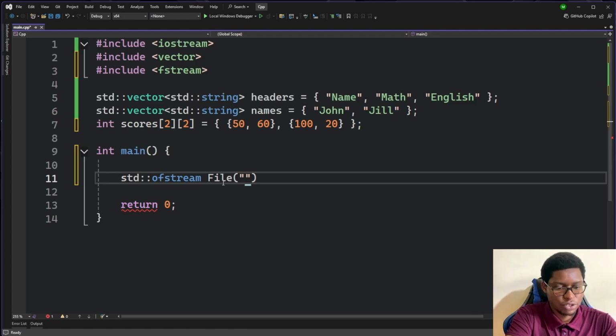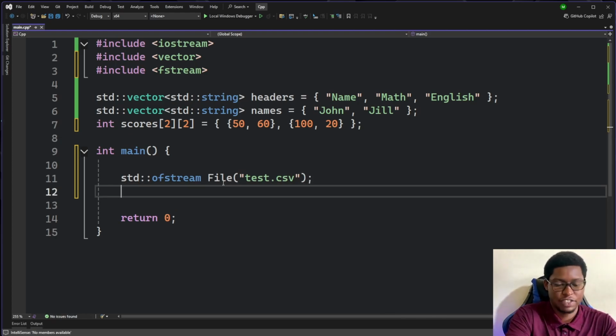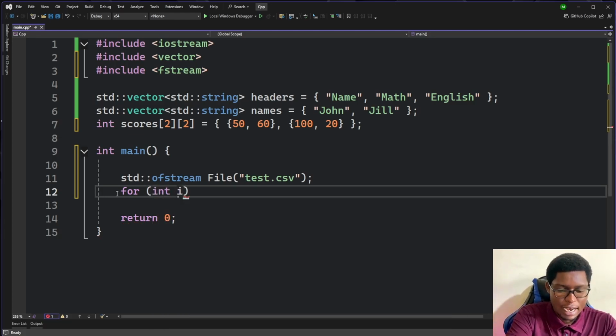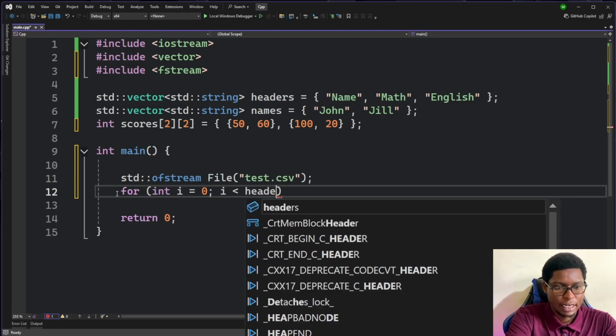So let's call the file, let's say, tests.csv. So that's how we denote this CSV type. And then how we'll write out to the file is we'll just do this file, and then now we'll print out every single name that is here. So what we'll do, we'll print out the headers first for int i equals 0, i less than headers.size,